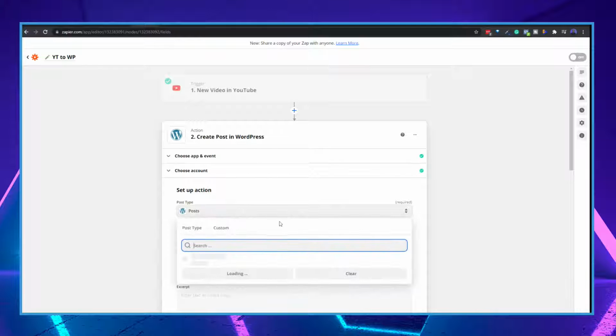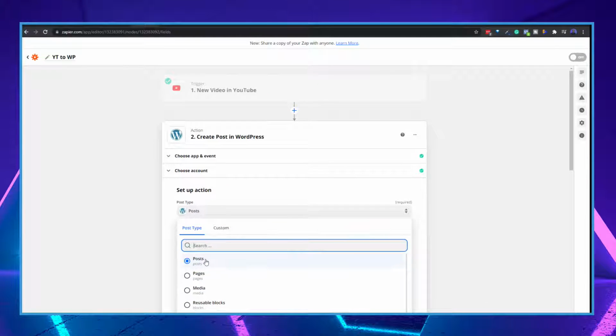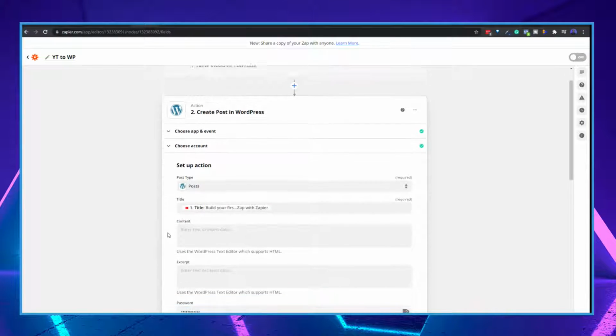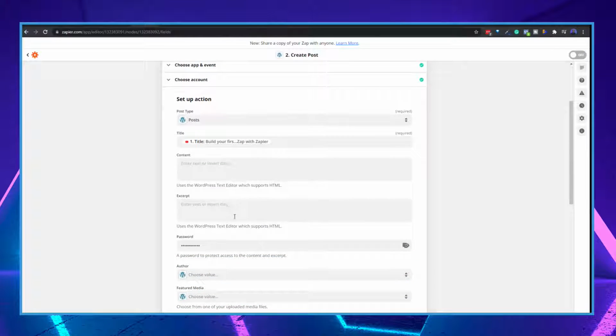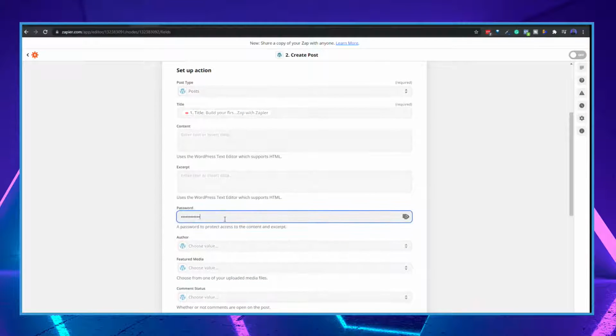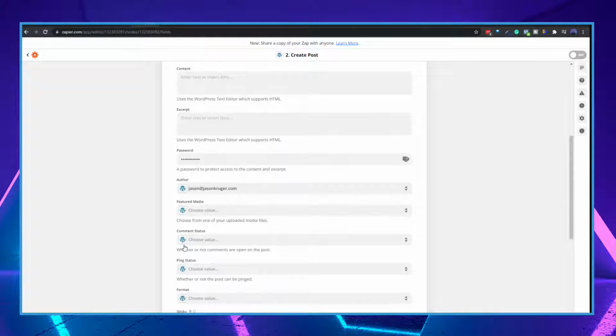So I've set up it to create that blog post, so it could post it to any of these, but I wanted to post it to posts. The title is going to be the title that I give it in YouTube. The content, I'm going to leave that blank, because that is going to be part of the transcription excerpt. We're not going to set a password on that post. The author is going to be me,